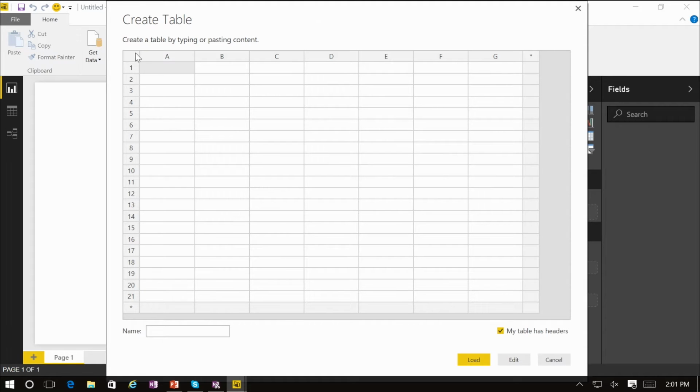So for instance, we're going to create a table that has data about fruits and how many units were sold. And I could start typing in. As you can see, this is a very typical grid experience, like you could think about as being in Excel or a different spreadsheet tool. Say you want to create strawberry as well, and we can type in some units.